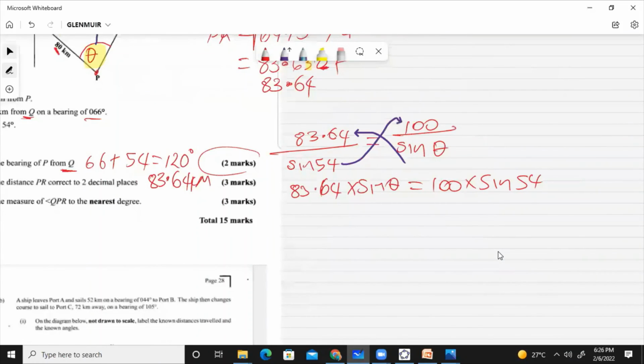Let your calculator do the work. We'll divide both sides by 83.64. Let me write it, 83.64, good. Help me now. Let's work this out. This is the sine though of the angle. All right, calculator at work. 100 times the sine of 54. If we divide this by 83.64, I want a verifier. I get